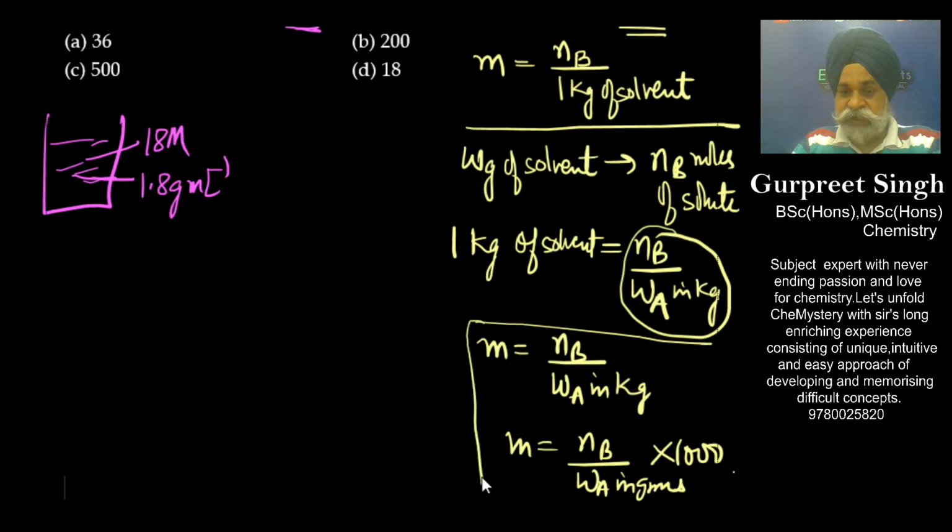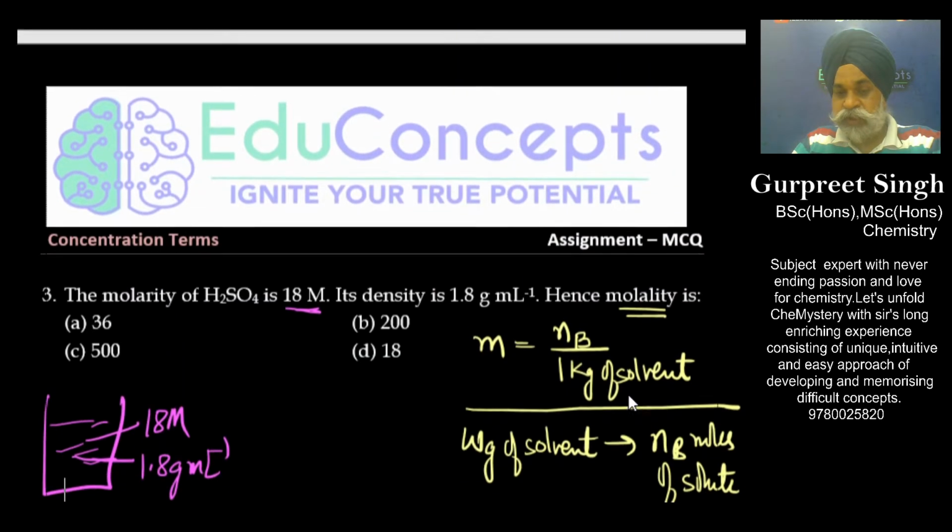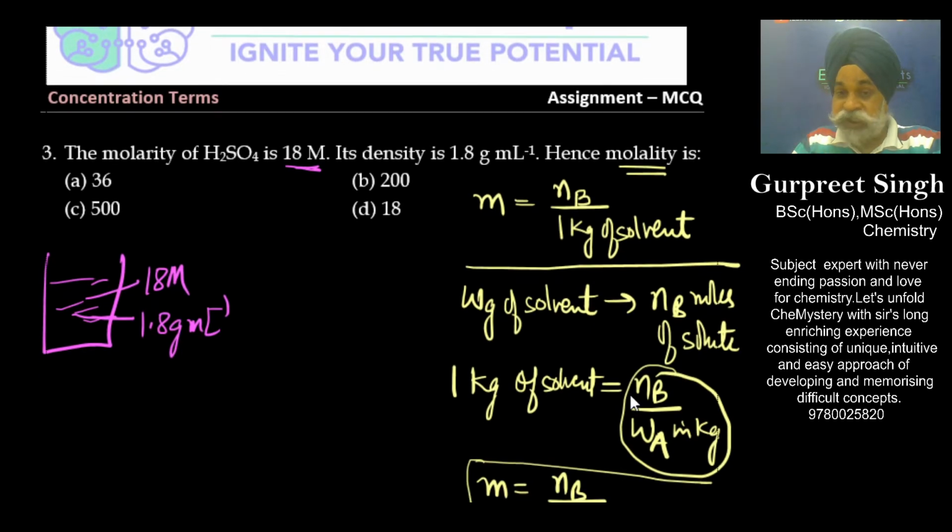So the only difference between molality and molarity is that molarity is the number of moles of solute present per liter of solution, and molality is the number of moles of solute present per kg of solvent. Only difference is this. Now, what is to be done here? I would advise you, whenever some question is given, first of all, try to understand the meaning of it. Once you get the meaning of this particular statement, you are through the answer. You are able to understand what the physical meaning of this question is.